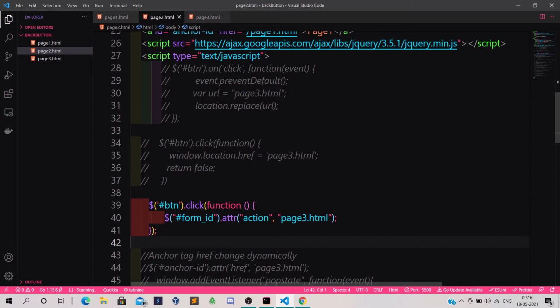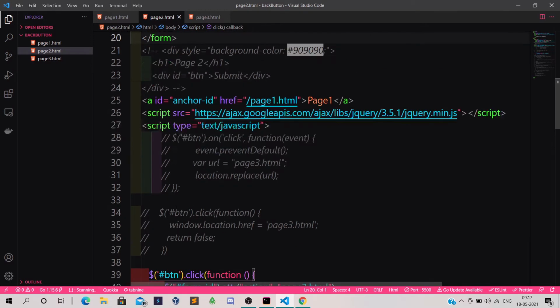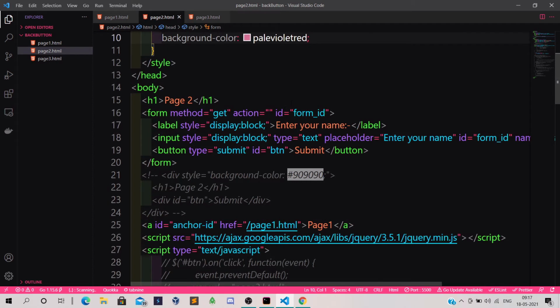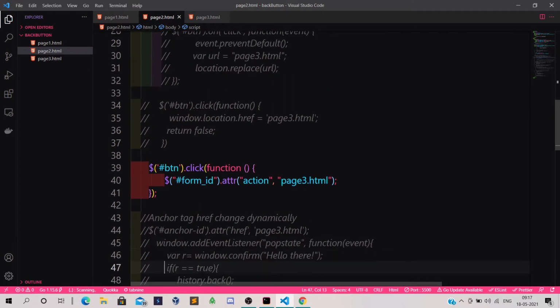This is the jQuery code to insert the value inside the action. This is the btn id of the form, the submit button. Upon clicking on this submit button, it will insert the action attribute value inside the form, by which you can redirect.